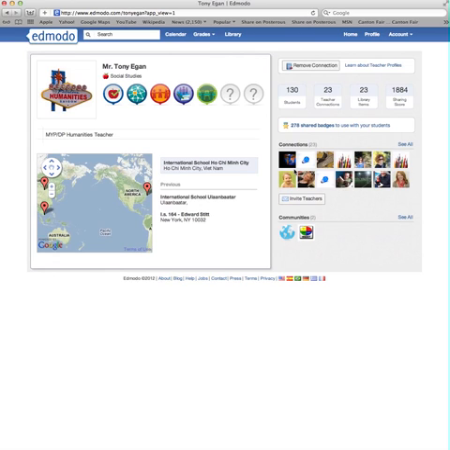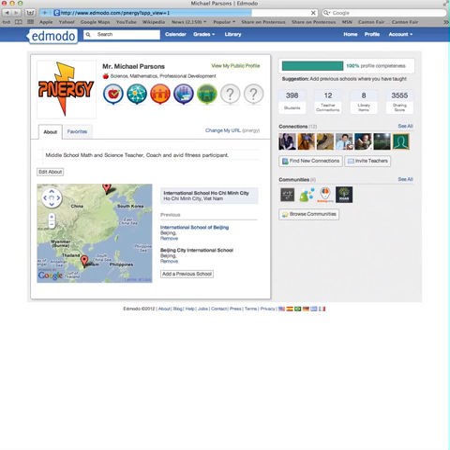and you're able to share resources, badges, and different things. You can remove connections. You can join different communities. So it's quite a good way for you to see what else is happening on Edmodo and get resources from different people. You can see I'm joined to these different communities here, and I can click on Browse Communities,